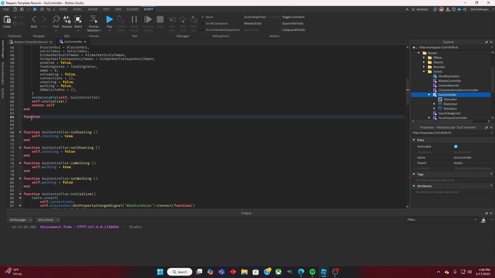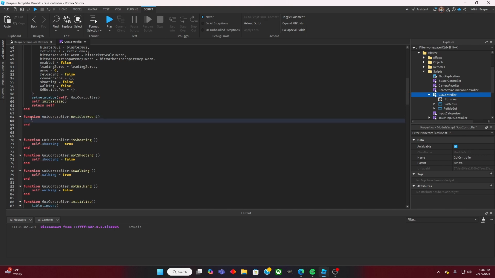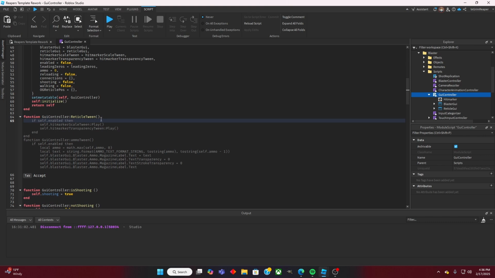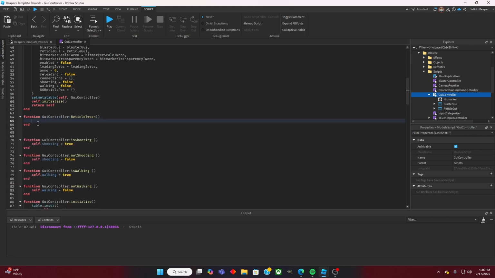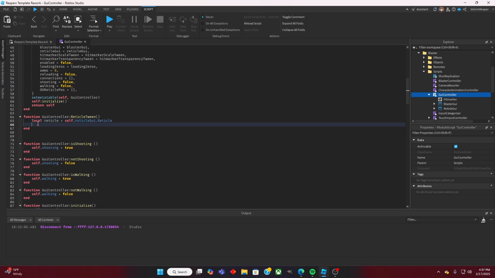We're going to need another function, and we'll say reticle tween. Okay, so a couple things. Let's call the reticle. We'll say local reticle equals self.reticleGUI.reticle,